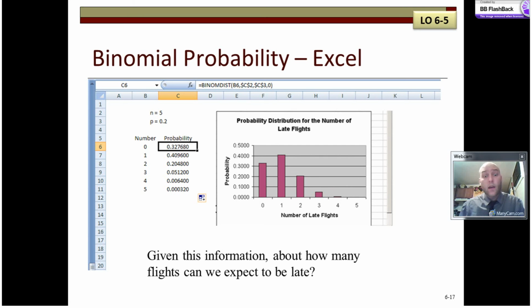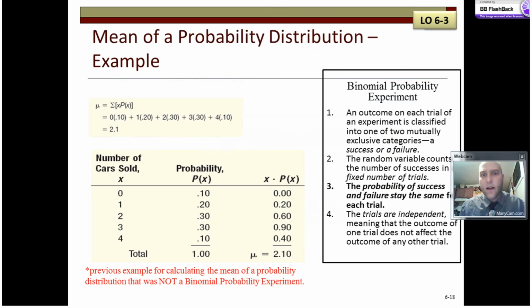Another question we can ask is, given this information, how many flights can we expect to be late? That goes back to John's question. John at the car dealership said this is the probability distribution of how many of these cars I expect to sell, which is fantastic. But me, I just want to know, hey man, how many cars do you think you're going to sell? Well, hey man, how many flights do you think are going to be late? It's calculating the mean. It's calculating the expected value. Now, you remember when we did this earlier for John, it looked a little something like this, where we had to take x times p of x, repeat that for all the different numbers of cars sold,